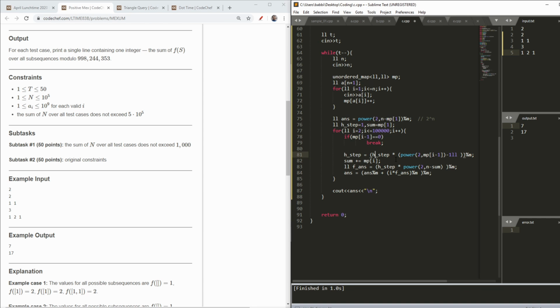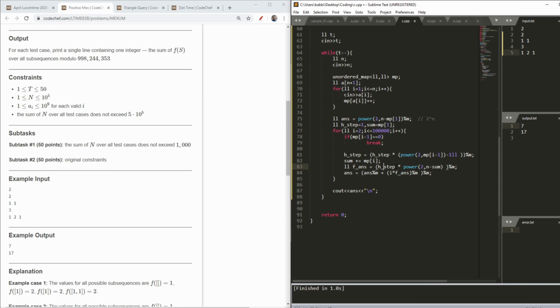Now my h step indicates the horizontal step. Then I had my sum, because I need a sum for my F answer, since at each horizontal step you need to have the sum.